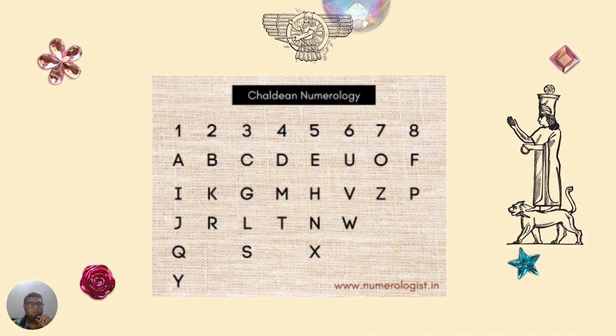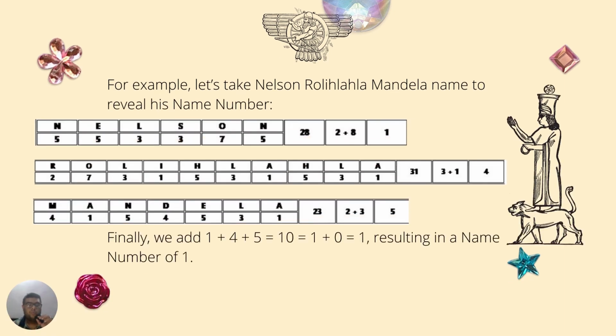Now you can also calculate the name number for a company. So let's take Google. G is 3, O is 7, O is 7, then again G, then L and E. So 3 times you have 3, which is 9, then you have 14, which is 26. Then to 26, you add 5, you get 31. So the name number for Google is 4.